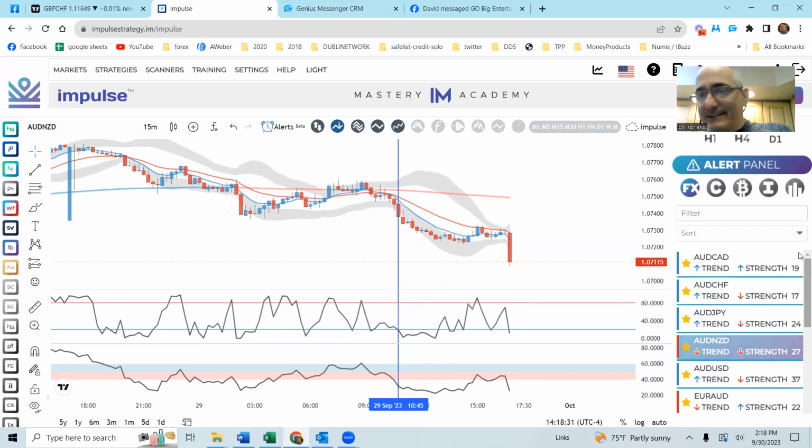So what's important about this scanner is in the alert panel here, it's not only telling you which way the primary trend and the secondary trend are going, but it's also telling you the strength of the current trend. So you want pairs where the strength of the trend is 20 or above, okay? So right now we can see the market's closed. It's Saturday afternoon. So we could see AUD NZD is rated as a 27 and both arrows are down, meaning